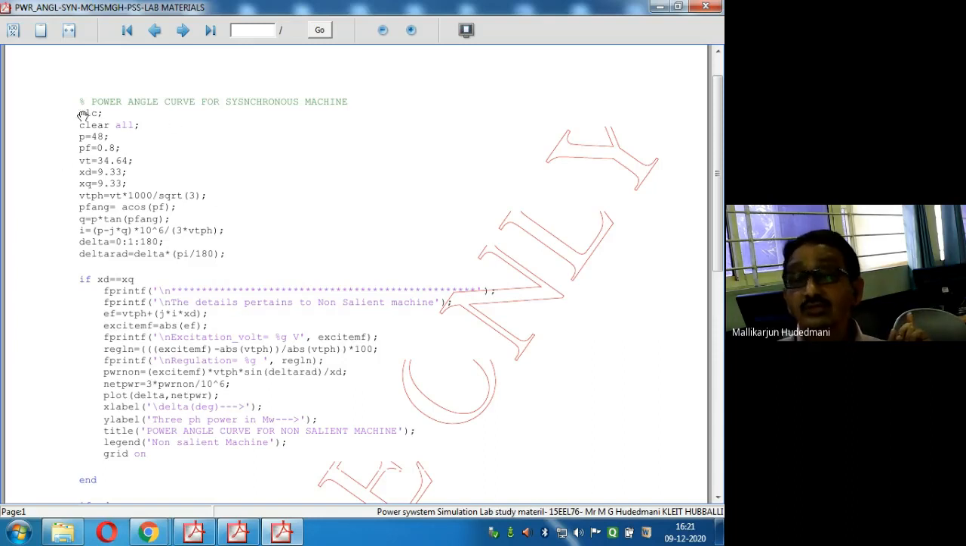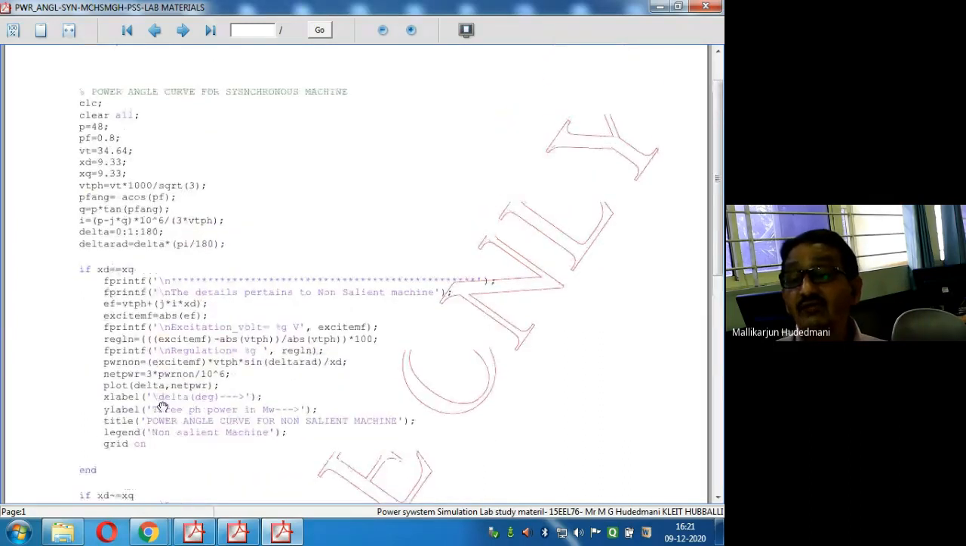So therefore, once this becomes the primitive information for the problem, if the data of XD and XQ is one and the same, you can see if XD equal to XQ, because I put an if condition here. If I am doing it the first time, I will not do it, directly I will do it. printf, the details pertain to non-salient machine. EF equal to VT per phase plus j into I into XD. Excitation EMF equal to absolute value of EF, magnitude only. Then display it, fprintf